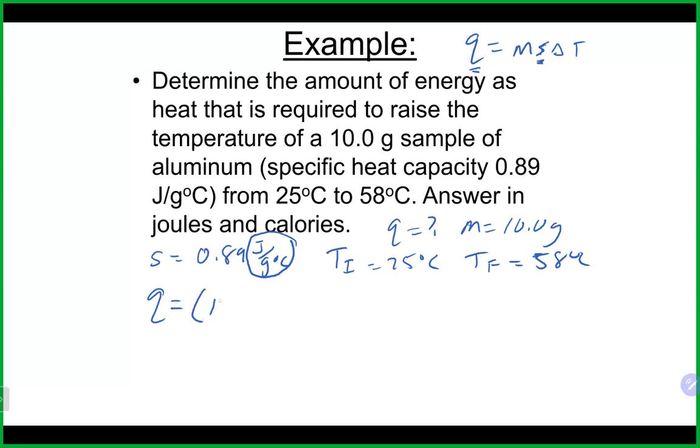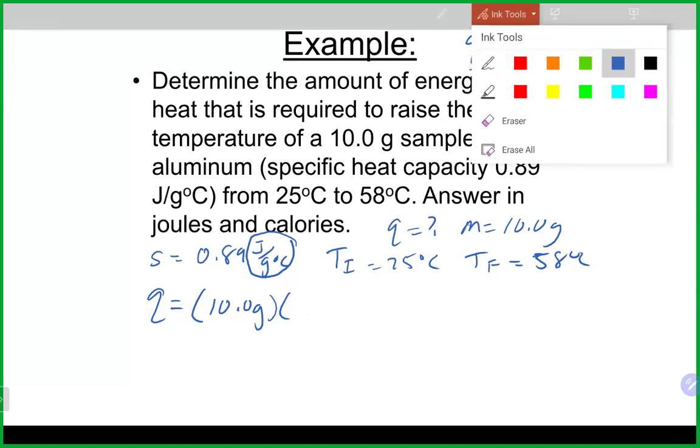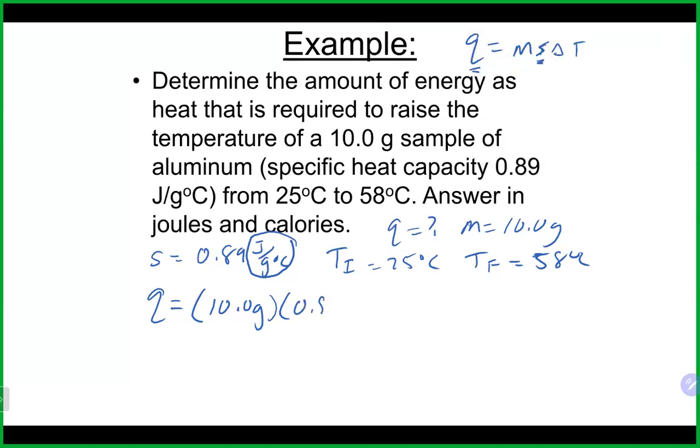So Q is equal to 10 grams times our specific heat capacity, which is not that number from the table, but we'll use the one in the problem, 0.89 joules per gram per degree Celsius. We have our final temperature, 58, minus our initial, 25. In terms of the units, the grams are going to cancel and the Celsius is going to cancel. That will leave us joules, which is a unit of energy, and that's what we're looking for, one unit left over. So 58 minus 25, times 0.89 and times 10, is going to get us about